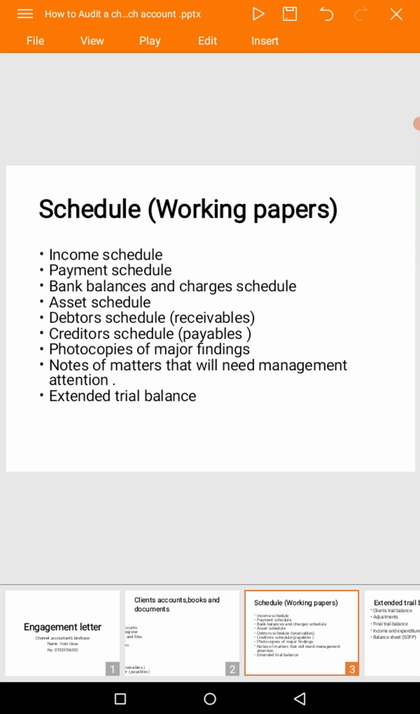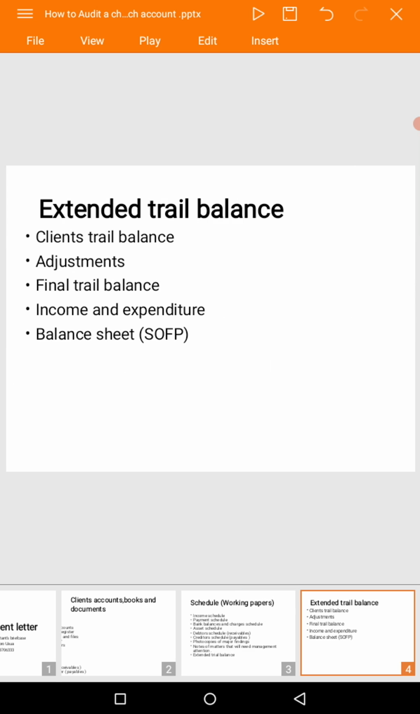You make photocopies and you keep it in your file, forming part of your working papers. Then you prepare your extended trial balance. Let me go to extended trial balance. The extended trial balance is just